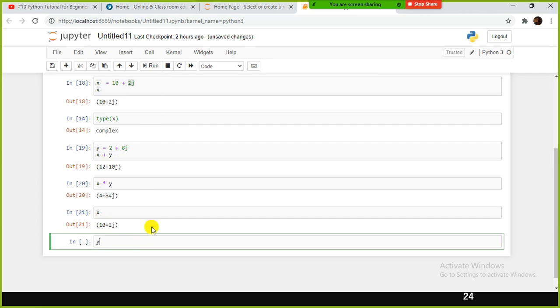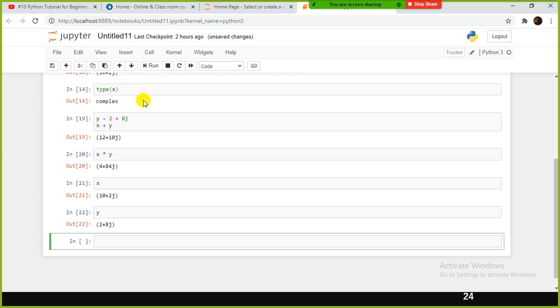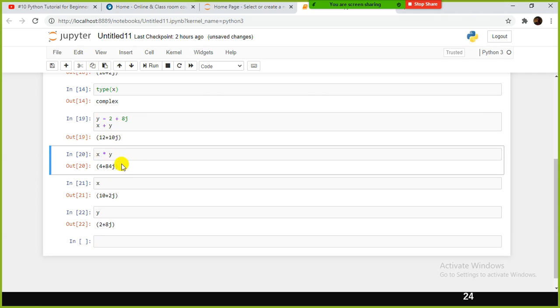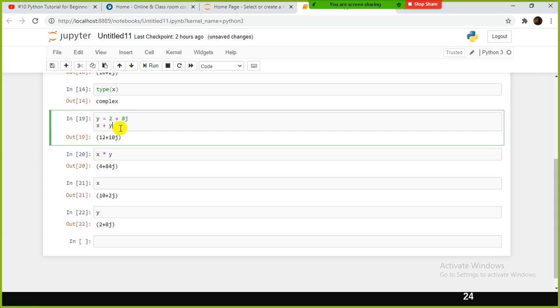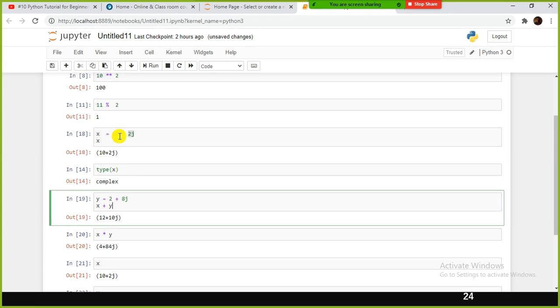Maybe they are multiplying everything and converting into real and imaginary value. But only the real and real should get multiplied, right? Probably I will check and come back to you on this multiplication part. But the addition part is very clear.